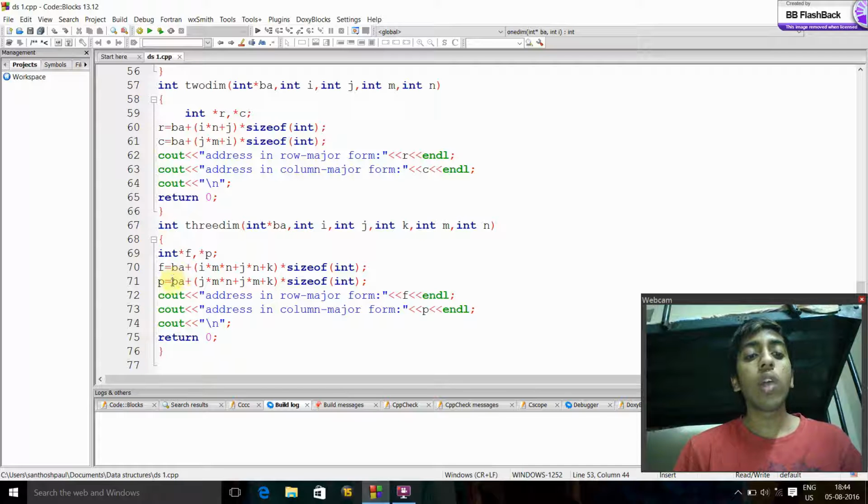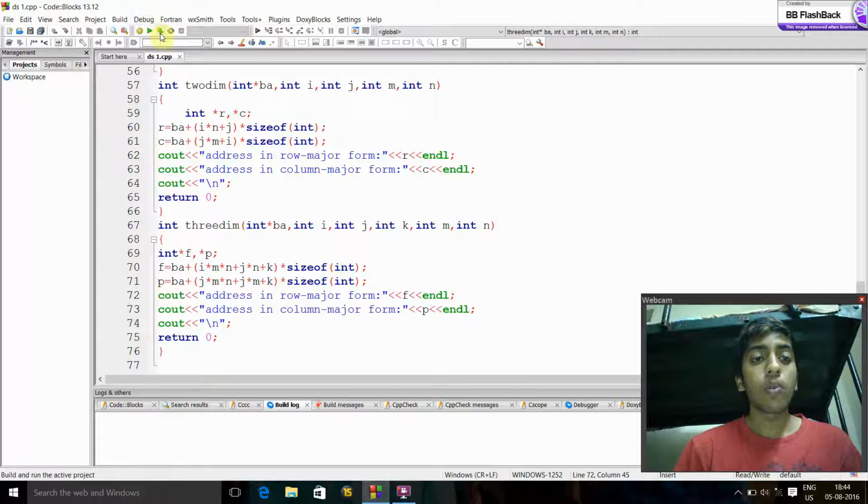And now these two are the formulas used to calculate a 3 dimensional array: i asterisk m asterisk n plus j asterisk n plus k into size of int, and p is equal to ba, that is base address, plus j into m asterisk n plus j asterisk m plus k, size of int. Now prompt the user for address in row major form and address in column major. These two will be displayed according to the values which the user is giving.